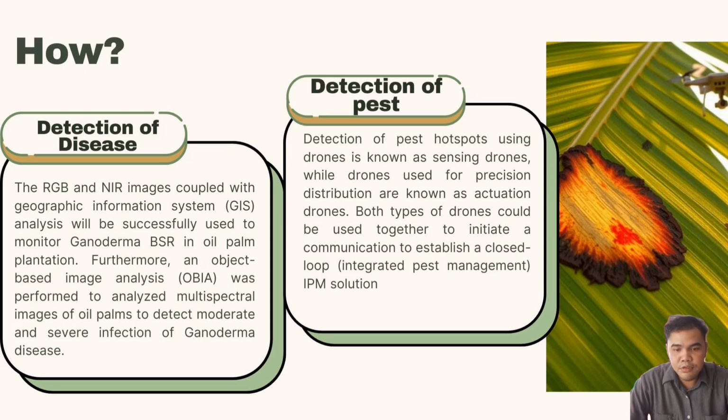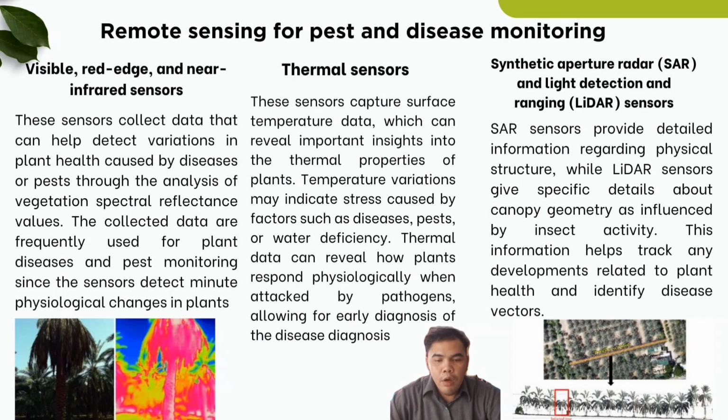Meanwhile, the sensing drone could reduce the time required to scout for pests, while the actuation drone could reduce the cost of dispensing natural enemies. Okay, now I will talk about the three important components for remote sensing for pest and disease monitoring. There are three components. The first component I will highlight is the visible, red, and near infrared sensor,